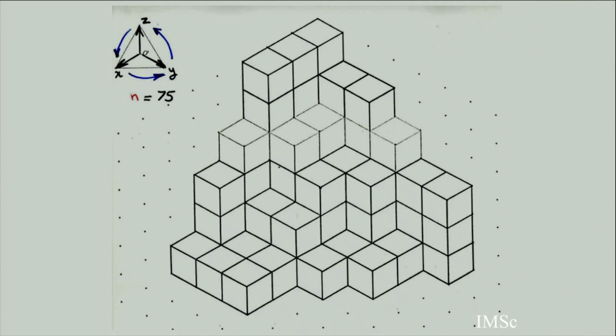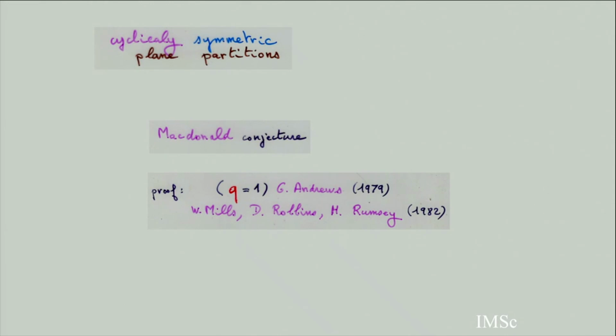I call this a cyclically symmetric partition, and there was a conjecture of Macdonald. It was proved by Mills, Robbins, and Rumsey in '82, after Andrews proved it for q equal 1 with some determinant.